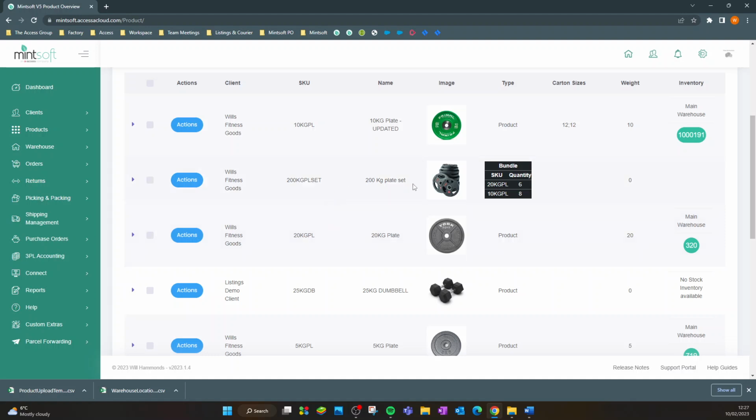I have a 200 kilogram plate set. On my e-commerce, it might sell using this SKU, but on Mintsoft, it's going to get 6 units of this SKU and 8 units of this SKU. This is a bundle. To add new bundles, the component products already need to exist on Mintsoft,